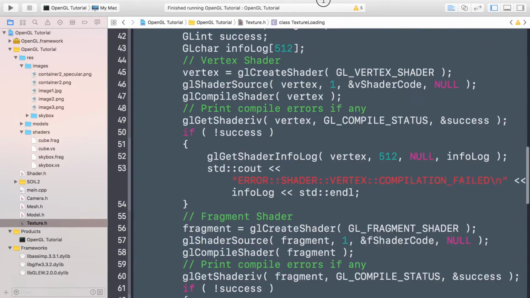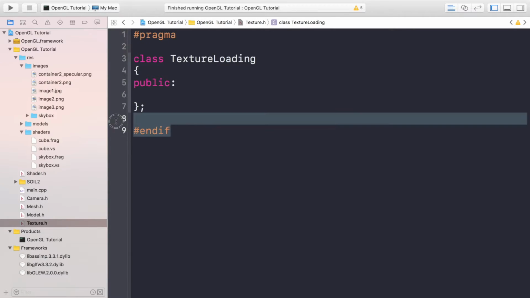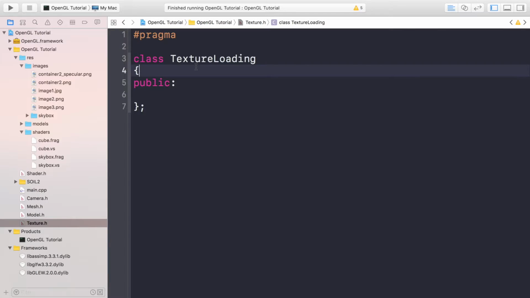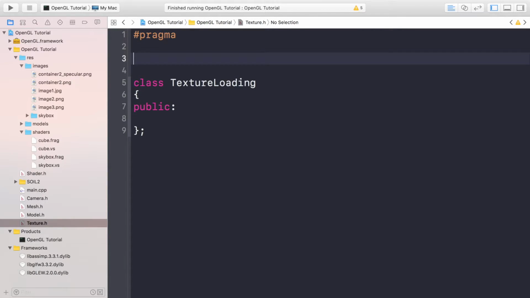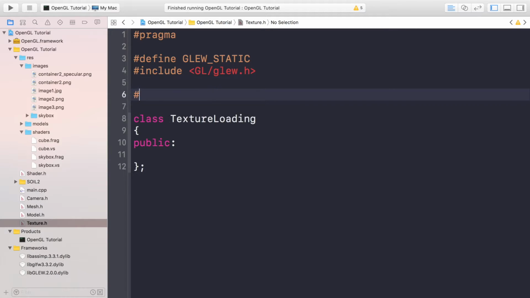So first of all, let's just get rid of this. All the code inside here can go. Also want to get rid of the #endif. And now we just need to include some files and set up OpenGL. So define GLEW_STATIC. If you didn't statically link GLEW, then you don't need to put this line here. #include <GL/glew.h>, #include <vector>. So now in the public, the first method we're going to have is a static